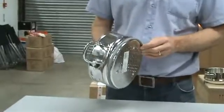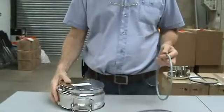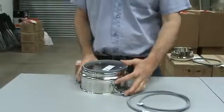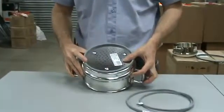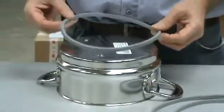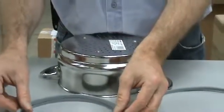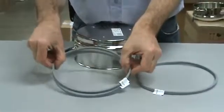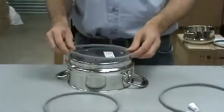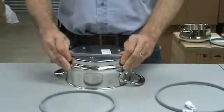Now, when they're new, these rings, these gaskets, are smaller than the diameter by quite a lot, as you can probably see on the camera there. And it makes getting this on a really tricky business. And a brand new one that hasn't been on the pan for any length of time is even smaller still. So when you get your package from us of one, be prepared for a little bit of a battle, because